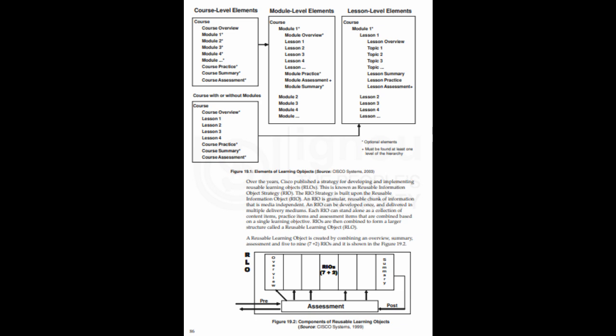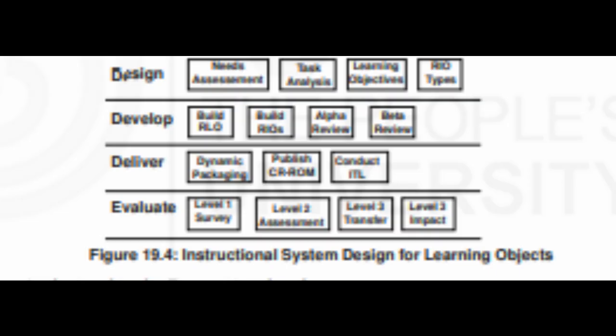It is worth mentioning, however, that although Cisco initially treated a single lesson as a learning object, for the purpose of terminological simplicity, version 4.5 of the strategy regards each aggregation level, from topics to courses, as a learning object (Cisco Systems, 2003). This revision, however, broadens the scope of a learning object and does not specify its exact position in the course hierarchy as it did previously. Figure 19.1, Elements of Learning Objects. Source: Cisco Systems, 2003.